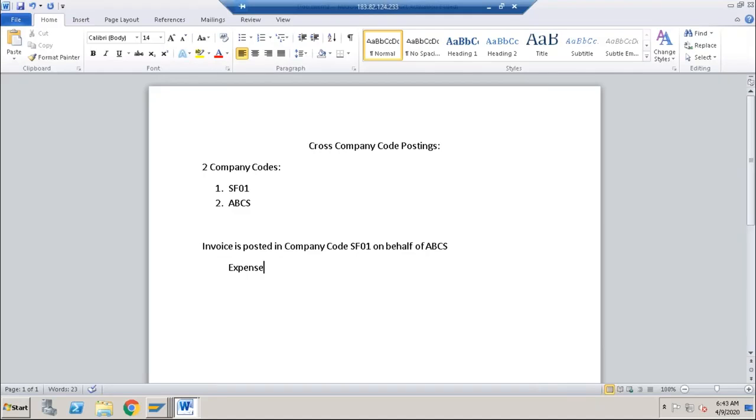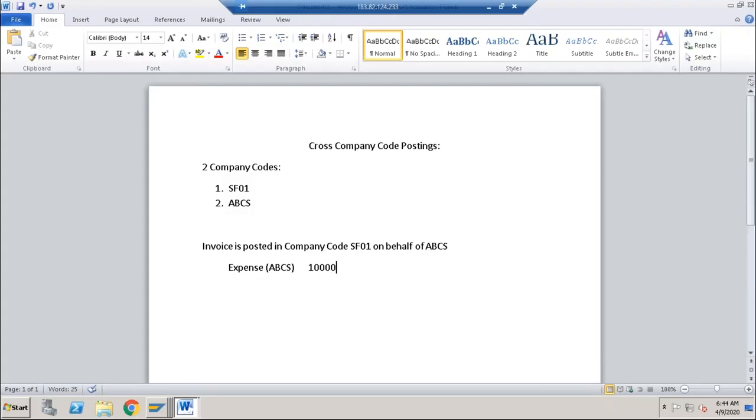Where exactly should this expense get booked? As I told you, this expense is booked by SF01, but it is on behalf of company code ABCS, which means this expense will be booked in company code ABCS. Let's assume there is an expense of 10,000 INR.